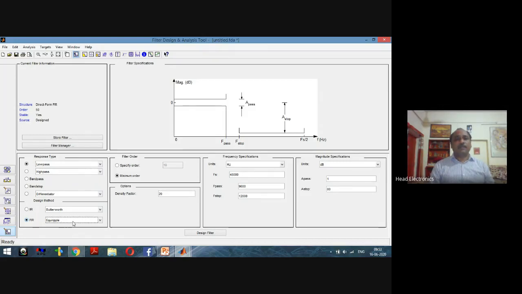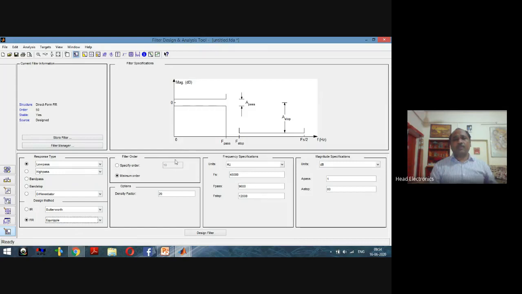And then we have selected the approximation, that is equiripple here. Then on the basis of the filter specification, and these specifications are nothing but the pass band edge frequency, stop band edge frequency, attenuation in the pass band, attenuation in the stop band, and the sampling frequency. On the basis of these 5 parameters, we have to decide the filter order.